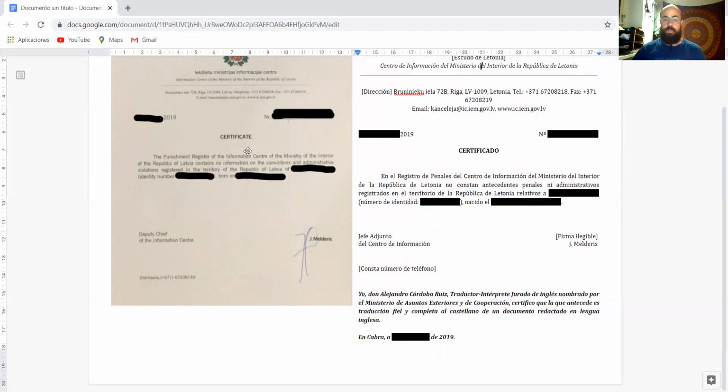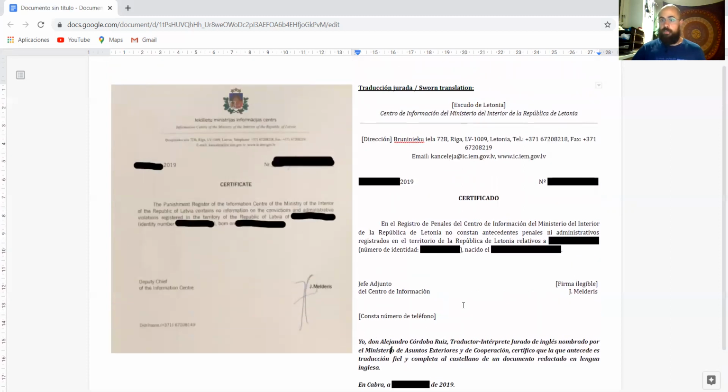So that if this person is reading a document and wants to make sure that the ID number is the same in both of them, the person can find it very easily, because they will know that it's at the end of the paragraph that is under the bold letters. So that's an important thing. And also, as I mentioned before, here is the certification that states that this is a sworn translation, and the translation that this client received also had my stamp and signature to certify the translation.